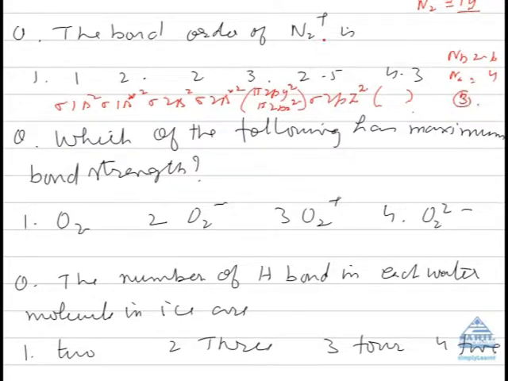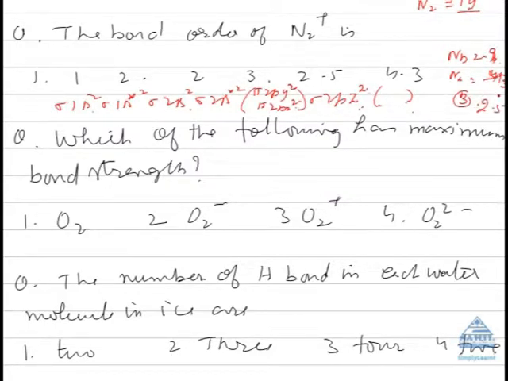Now look, the last electron has entered into a bonding molecular orbital. So the electron will be removed from here. Hence you will get anti-bonding. In this case, the number of anti-bonding electrons will be equal to 4, but the bonding electrons will be equal to 2 plus 2, 4 plus 2, 6 plus 2, 8 plus 2, 10. Instead of 10, 9. And the bond order will come out to be 2.5.